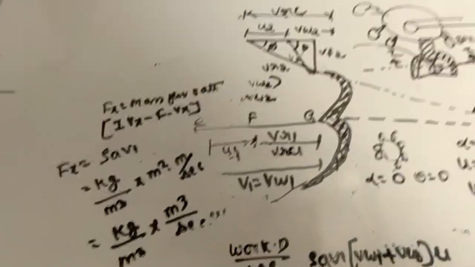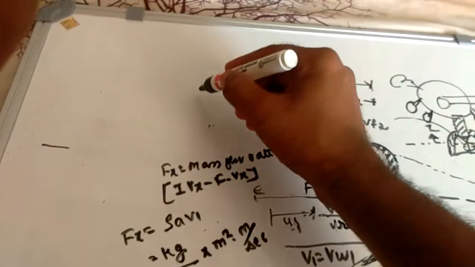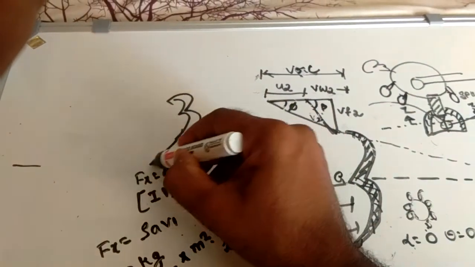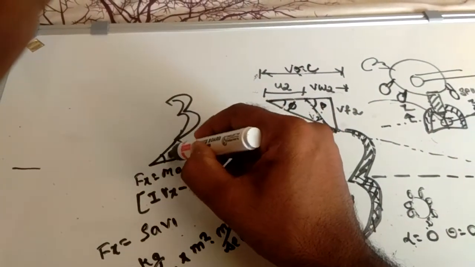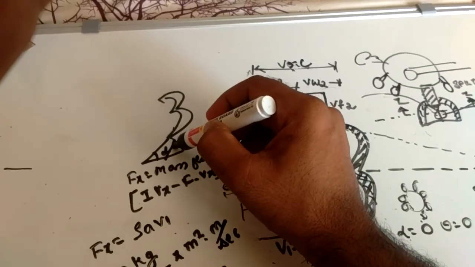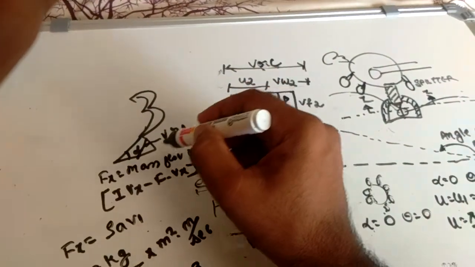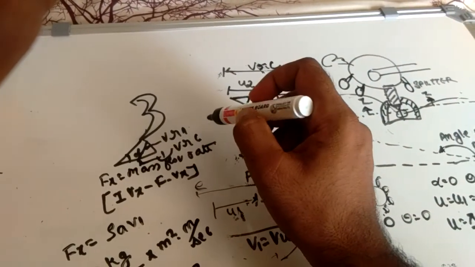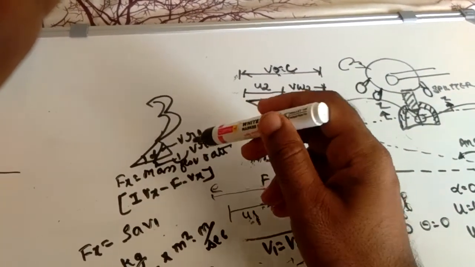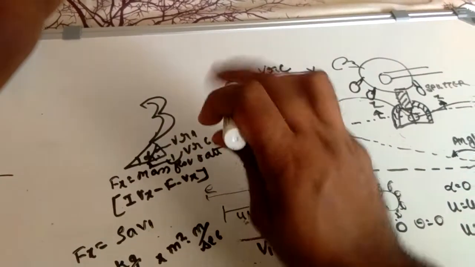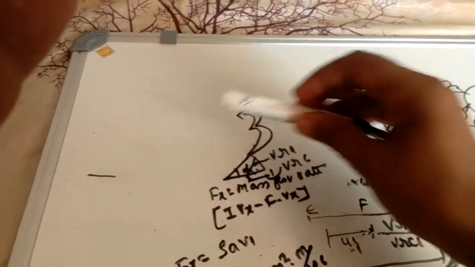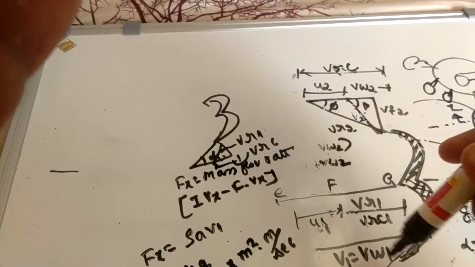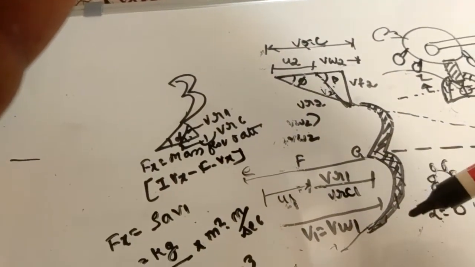Suppose your jet is like this. When it strikes here, what happens? The angle is alpha, so the relative velocity is Vr1, and this one becomes Vrc, at angle minus theta. If the water strikes here, what happens? It all becomes this way, so Vr and Vrc are the same.